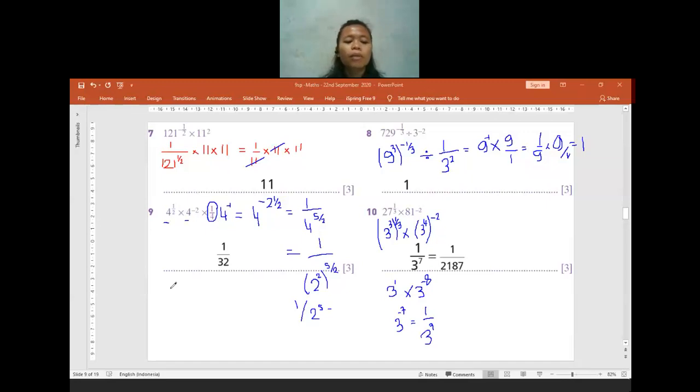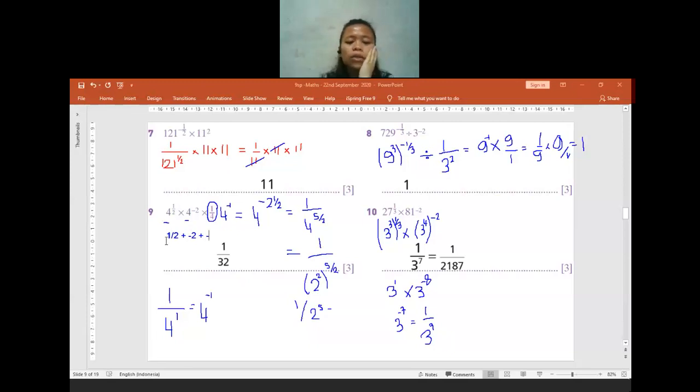Okay, with question 9, as I told you before, the very first number is already the base of 4. The second number is 4 to the power of something. The third number is 1 per 4. For the 1 per 4, if there is no power, it means 1 per 4 to the power of 1. We can make it as 4 to the power of negative 1, right? Following the index laws, x to the power of negative n equals 1 per x to the power of n.